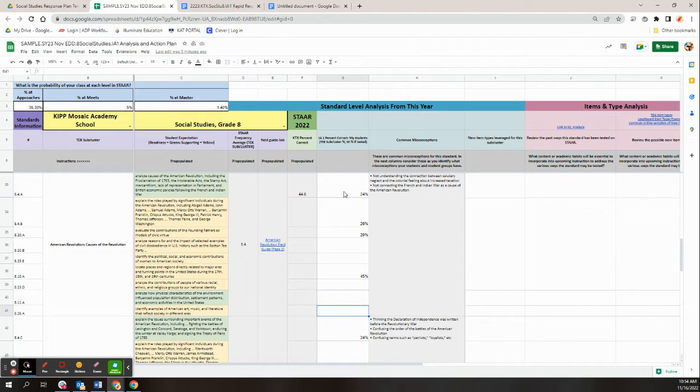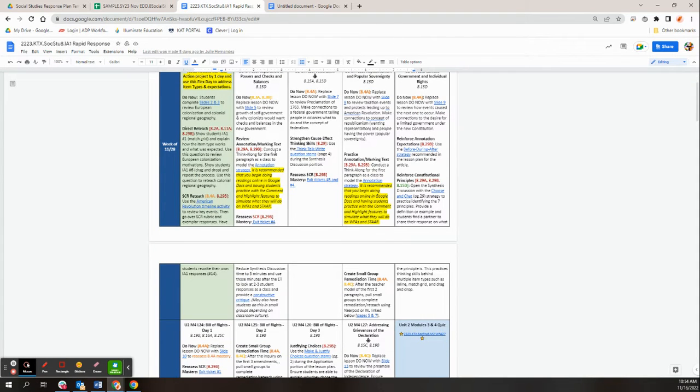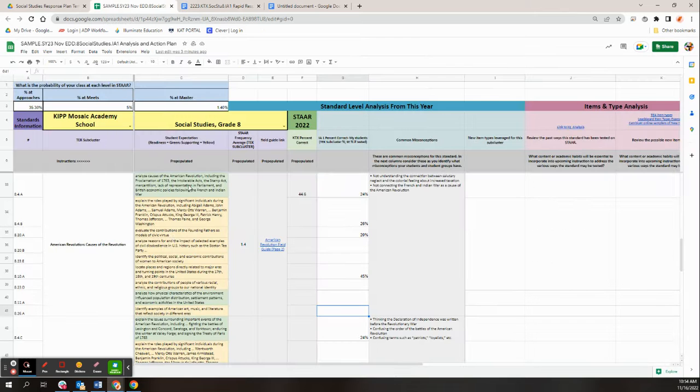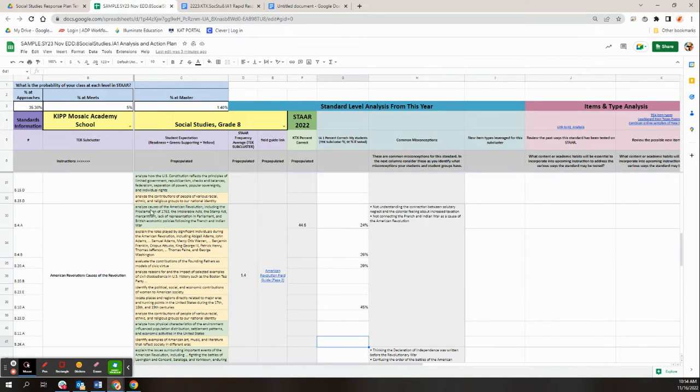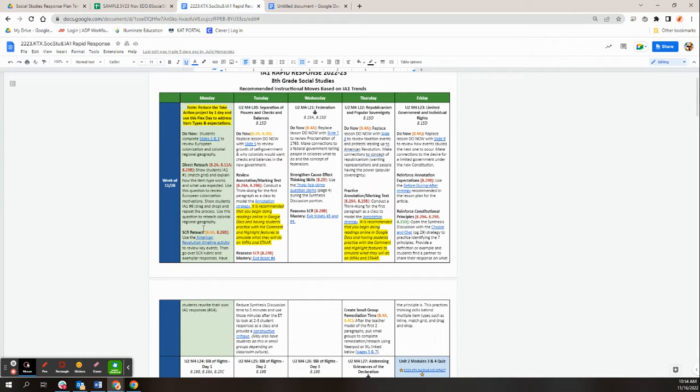I noticed we're at about 24%, 26, pretty low. And then I definitely remember our short constructed responses weren't great. So those are probably the two I'm going to hit when it comes to reteaching after Thanksgiving. So let's go ahead and just look first at what is in this calendar part. I notice it has the TEKS, so causes of the revolution is pretty much going to be anchored in 4A, anything like that. So let's see what I can find for 4A.